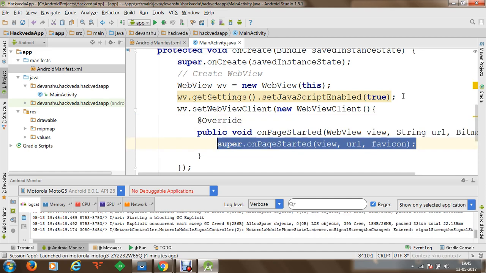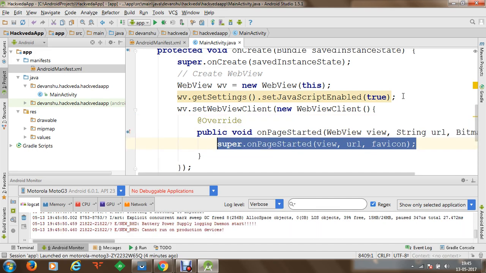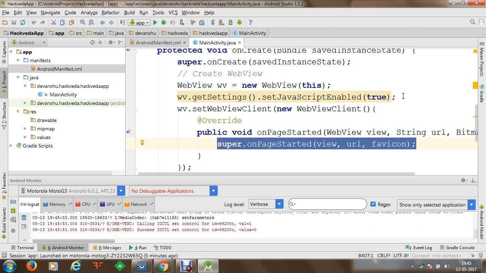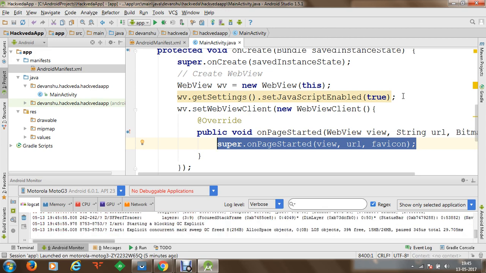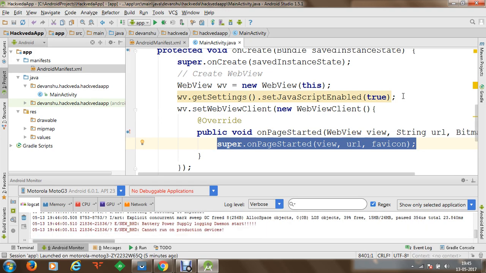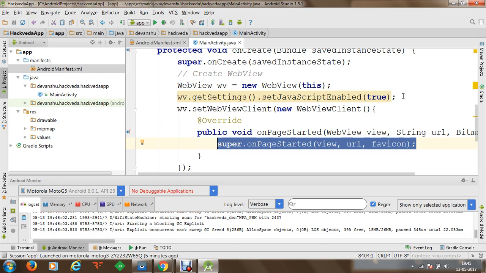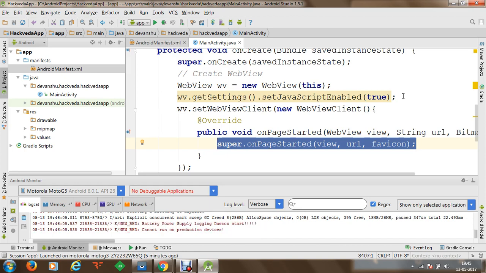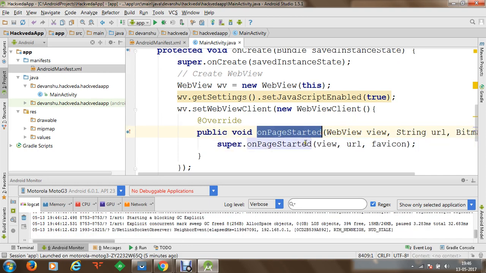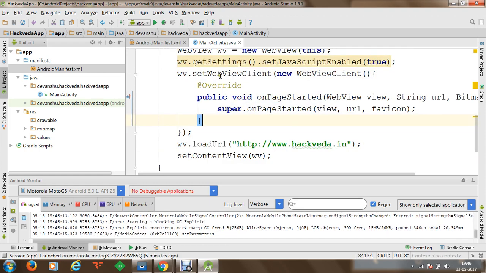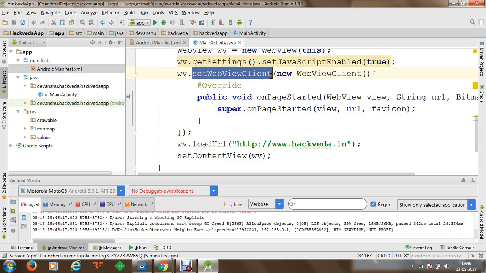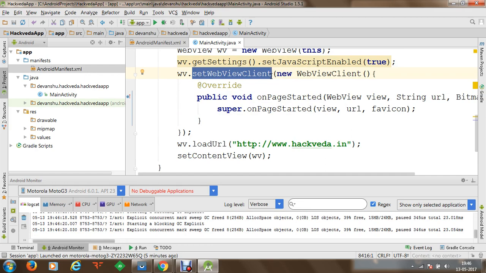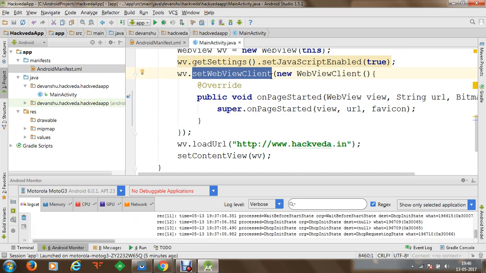So what we can do here is, let's say we want to show a progress dialog while loading a web page. Before loading that web page, if there is some time delay, for that duration a progress dialog bar is displayed, and once the page has been loaded, the progress dialog bar will dismiss and you will be able to easily access your application. This is one sample method which I have just created, but I am not using it at the moment. My interest was to set a web view client and to test the application to have the internal navigation system within the web view itself.